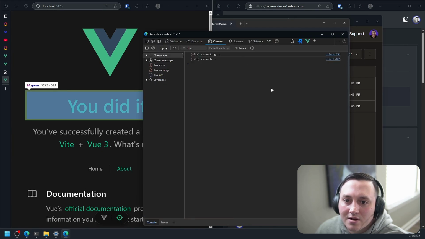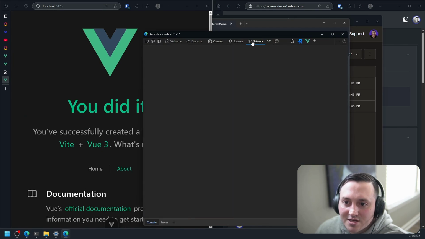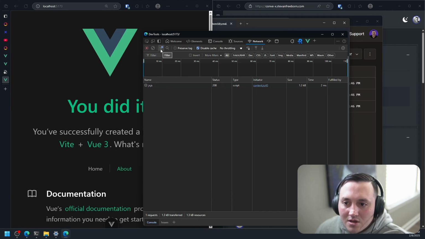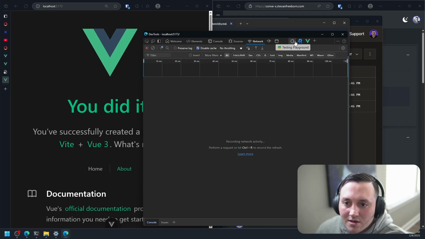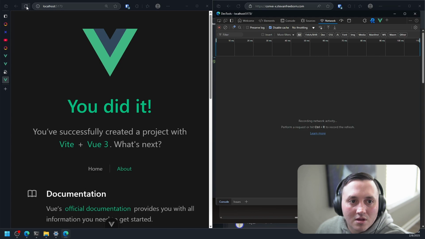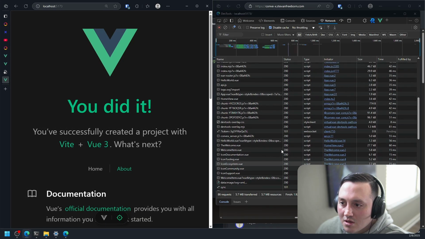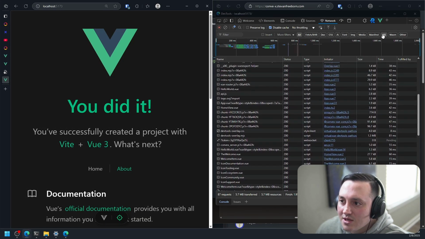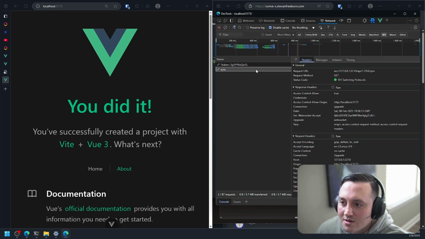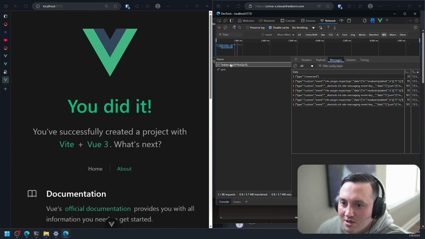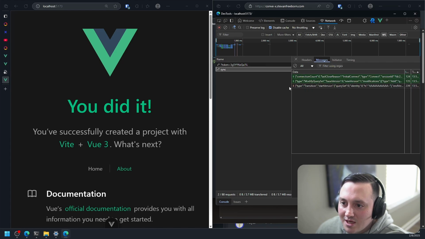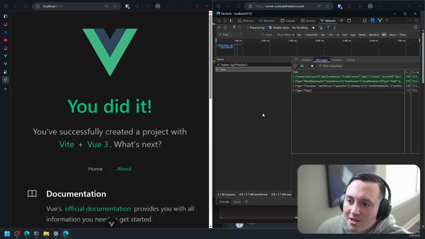No, it didn't err, so it did actually make a successful connection, I think. There should be a WebSocket connection in here. Yeah, so it did actually make a successful connection. So this is the WebSockets Convex uses to communicate, to be able to keep your data in sync, right? So that's there.